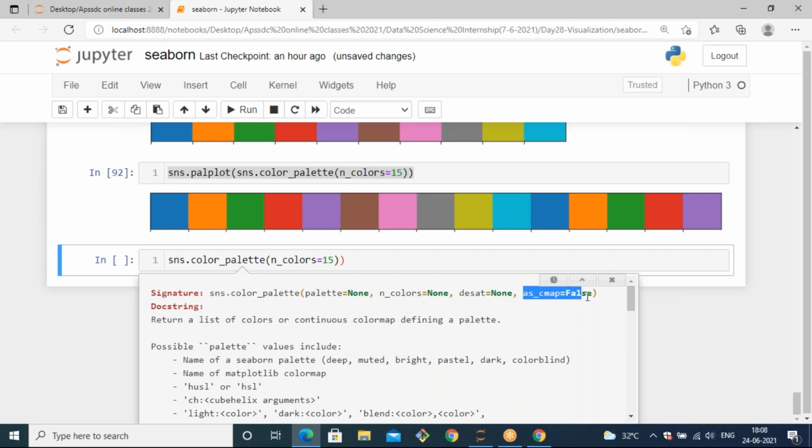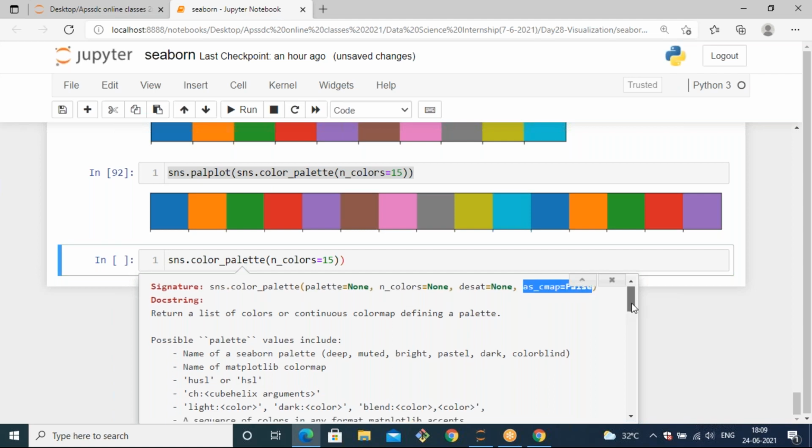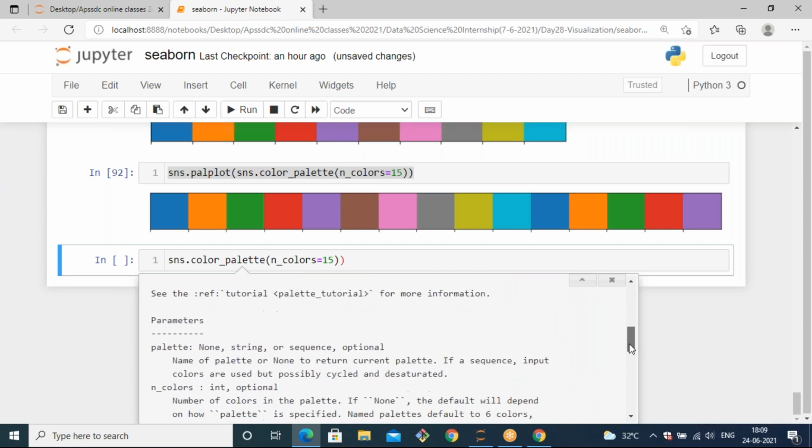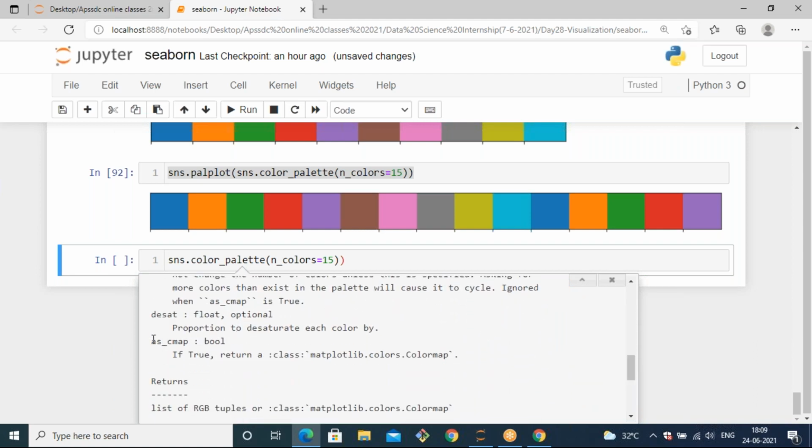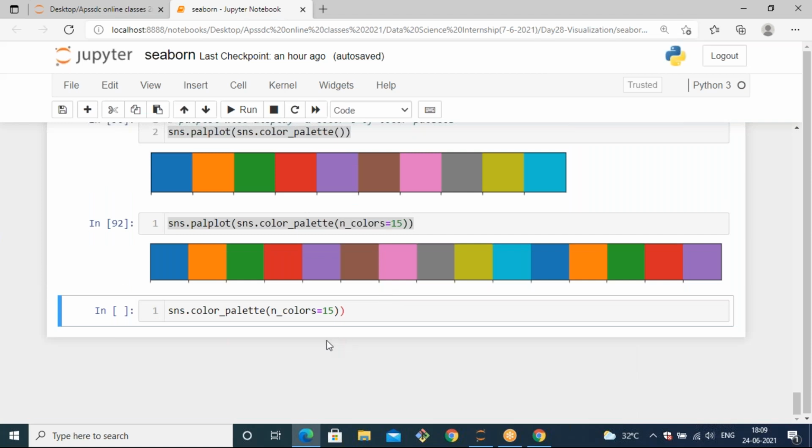and as_cmap equals false. You should know what this as_cmap is. The as_cmap parameter takes Boolean data, either true or false. When you make as_cmap true, it returns a matplotlib colormap. By default, Seaborn's color_palette has as_cmap as false, so it will generate Seaborn colors.